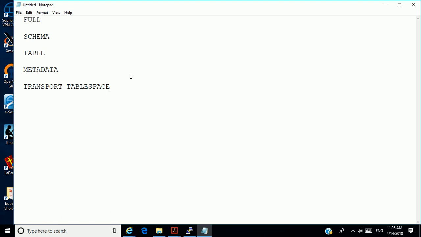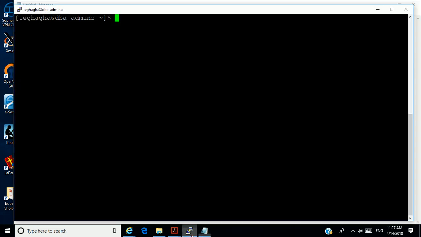This is an advanced option, and we'll talk about it in a more advanced setting. It's rarely used, but very important. It reduces the downtime for migrating objects within databases.